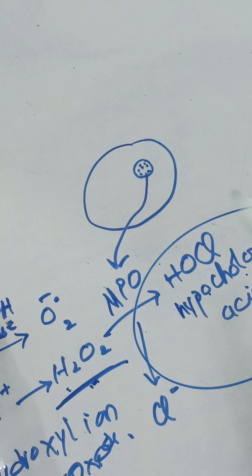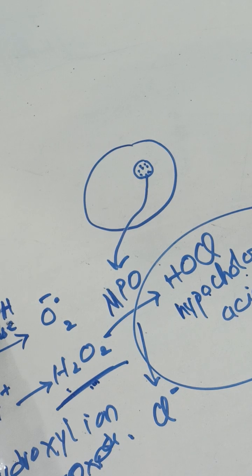and it causes the conversion of hydrogen peroxide into hypochlorous acid. And this hypochlorous acid is very, very important. Why? Because it is a strong oxidant, the same as chlorine bleach. You must have seen bleach, which is used in various things, like some facial creams and some detergents. All the bleaches contain this hypochlorous acid. It is a very powerful oxidant that can kill all the microbes.